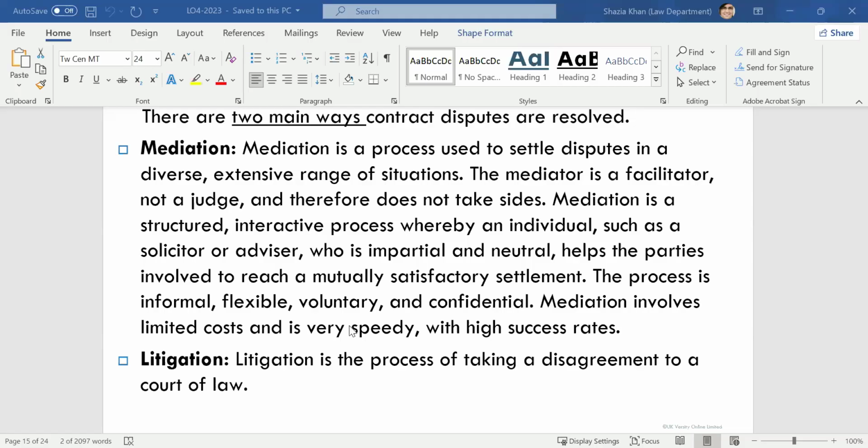So they try to stop that and encourage parties to go to mediation, and parties may face less costs as well. If you're actually going to court, the costs are quite a lot to pay for. So if you try to resolve that rather than going to court, and mediate and come to some resolution with both parties, then it's cheaper. So the courts try to encourage that.